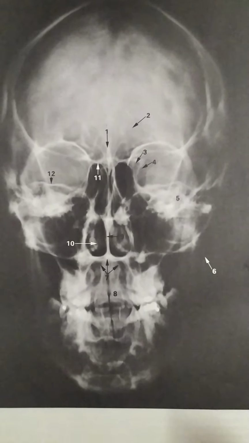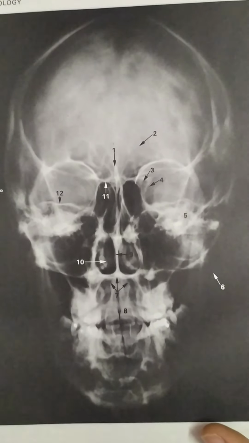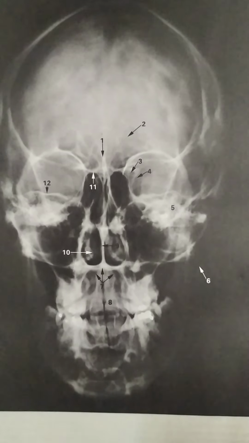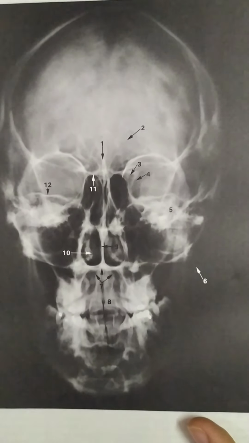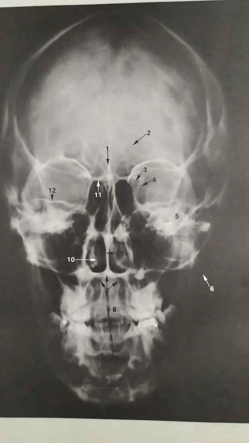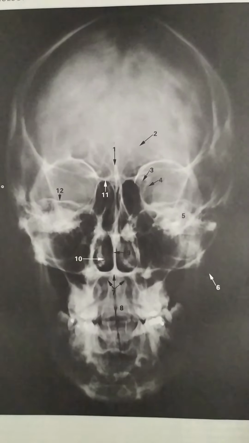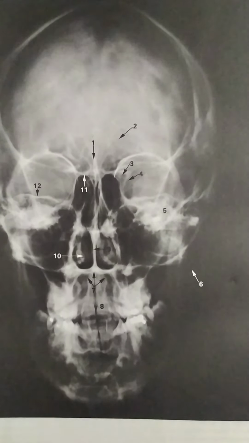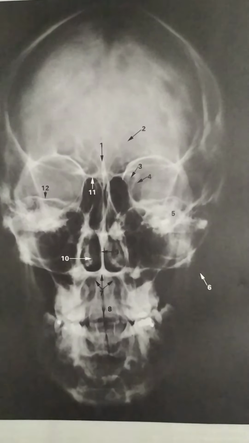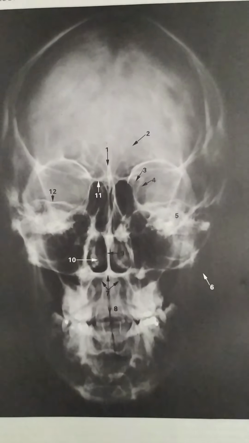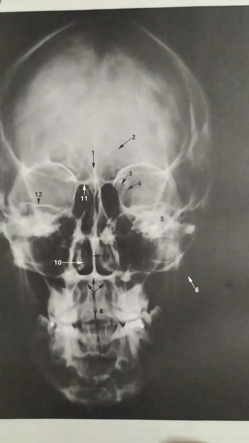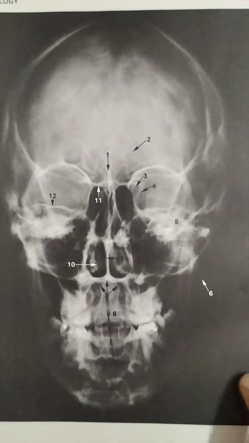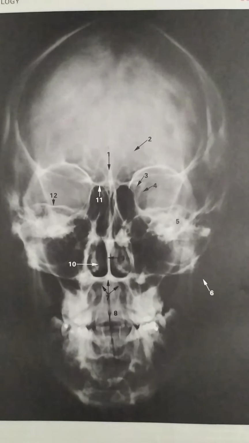So before telling you what all these points mentioned on this radiograph correspond to, I would like to tell you what a radiograph means. See, a radiograph is an image which is produced on a sensitive plate by X-rays or gamma rays. And why do we study radiographs? What is its benefit? Basically, the radiograph is used to diagnose or treat patients by recording the images of the internal structure of the body in order to assess the presence or the absence of disease.